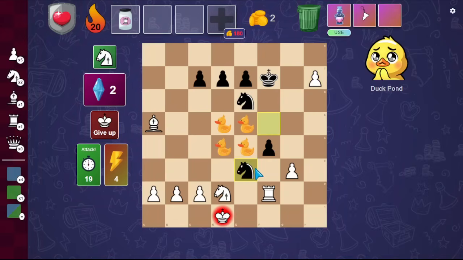Okay, so this knight's hitting a bunch of squares. I can still try to attack here, but that would be a very bad idea. I'd rather just move this out of the way. And we have a promotion threat. We have this threat. If this pawn is getting taken anyway, I should promote to a...